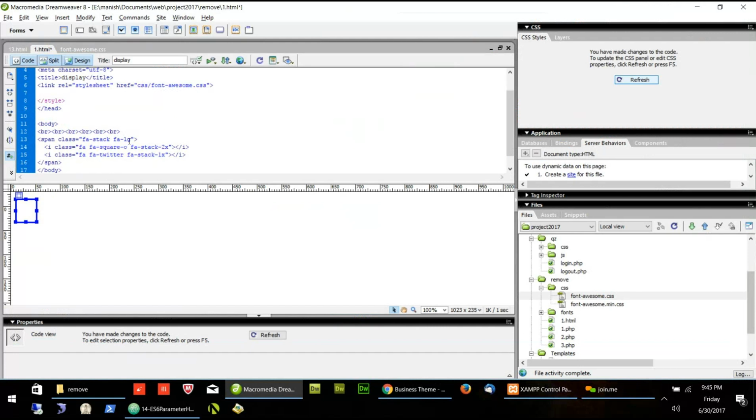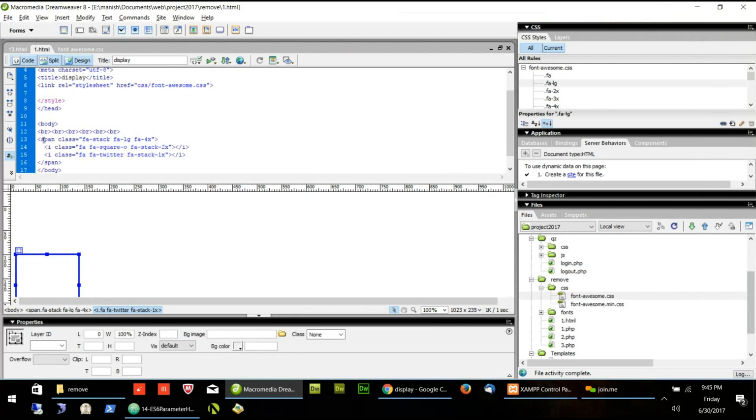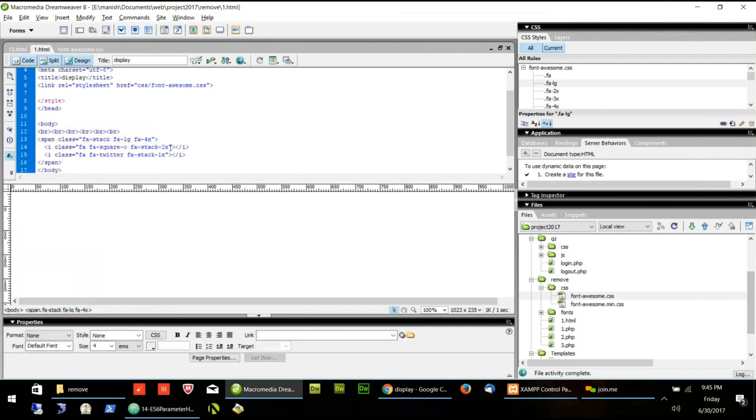So here I will put it. Right now I was putting it inside here, so it was growing only one level, not the whole. So now it goes overall. Nice, right? So we have to use it in the main level, the main span, not in each individual. If I do it individually, I was getting only an individual size bigger. The other size was remaining the same. So we have to do this in the main.